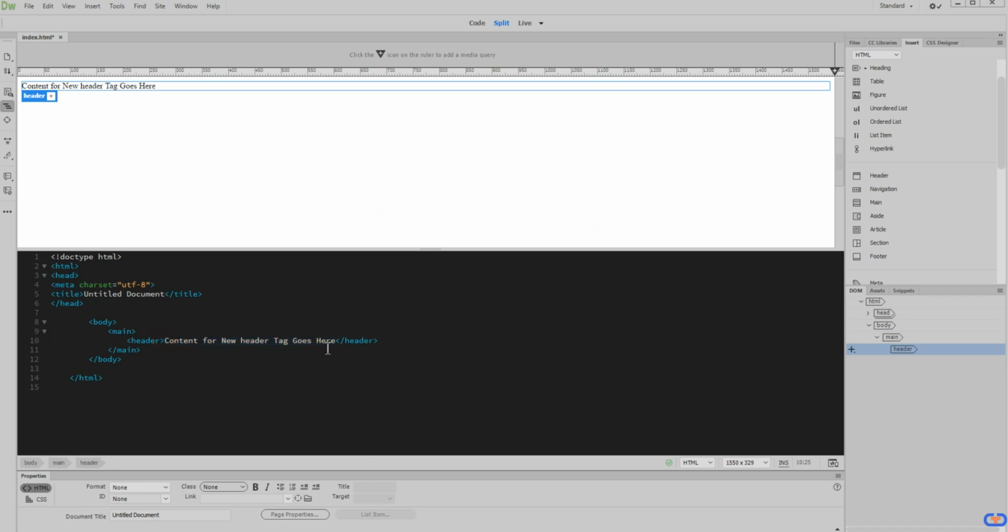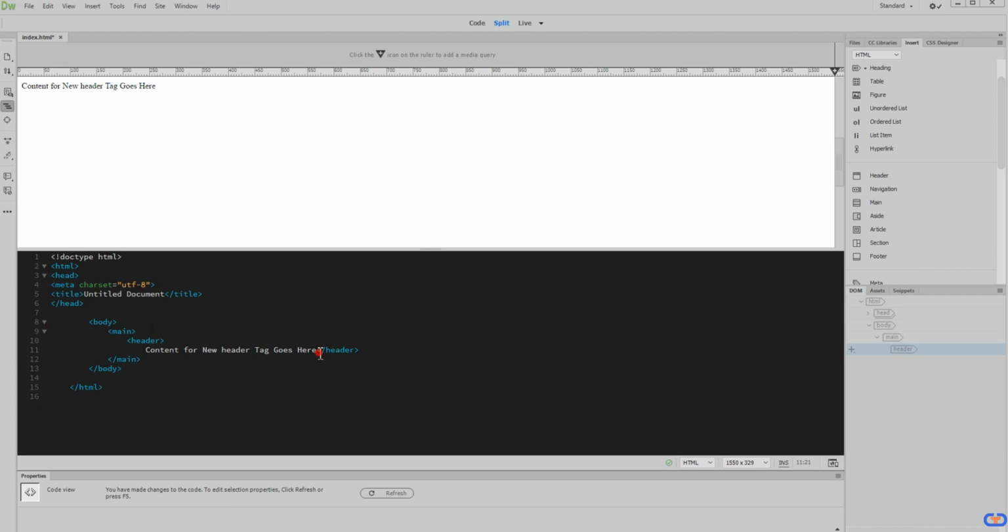So same thing goes here. I'm going to go ahead and hit enter, space this out, so that way we actually have some structure going. So I'm going to leave a little bit of space in here, remove that little bit of text, so that way we actually know where our tag is located. Now going forward, we're going to go down, we'll skip past our header tag,